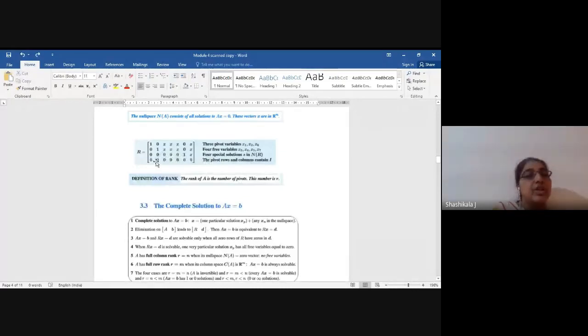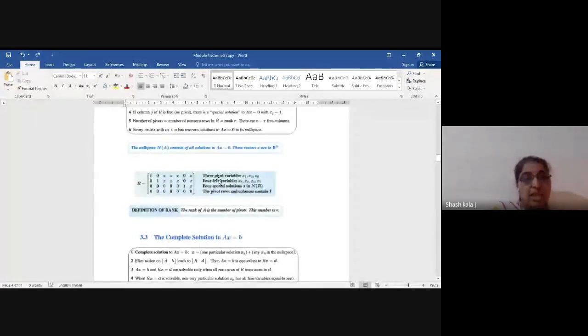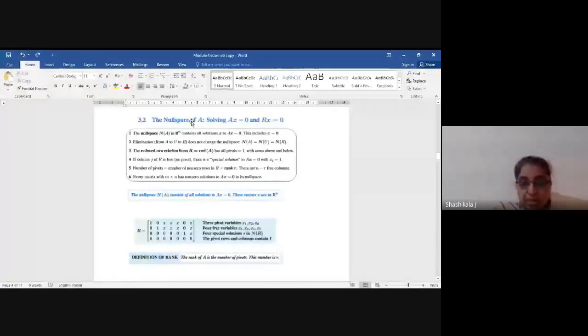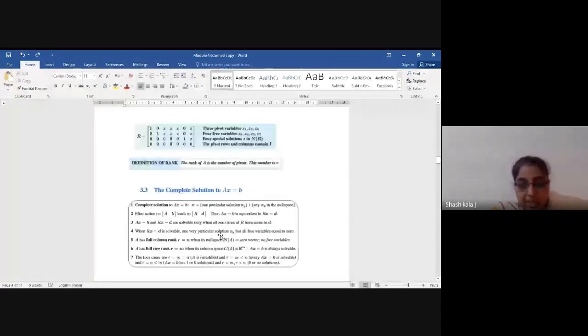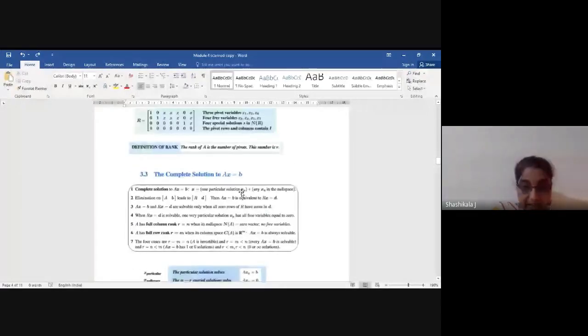Next, you are going to find the null solutions. What is the null space or null solution? It is solving Ax = 0. If I want to find the null solution, I will make x3 = 1 and all the others 0, and then find accordingly. Anyhow, we will solve problems on this. So the complete solution is xp plus xn.